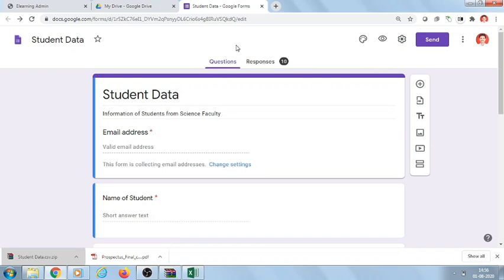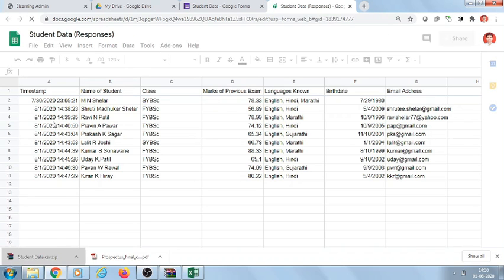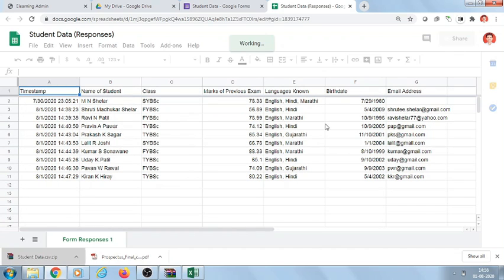Responses which are collected through this Google form can be seen in the responses tab. I have entered 10 sample responses to see its data analytics. These responses can be viewed in a spreadsheet by clicking on this spreadsheet button. You can see the timestamp, name, class, all fields information is actually stored in a spreadsheet.